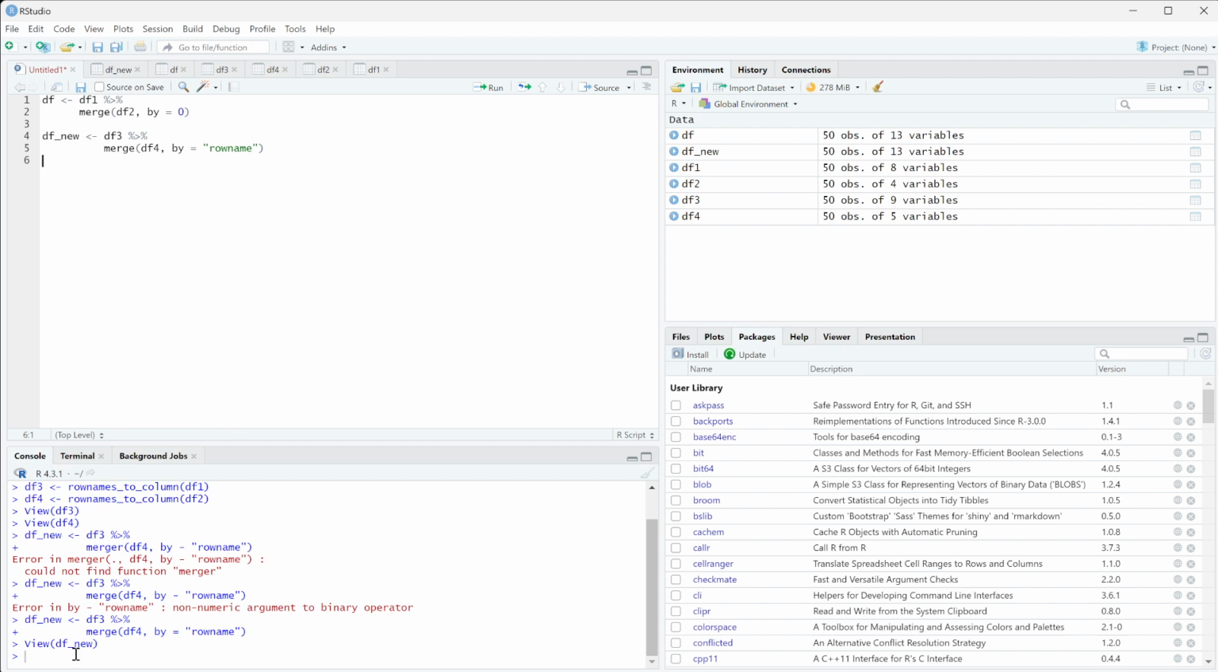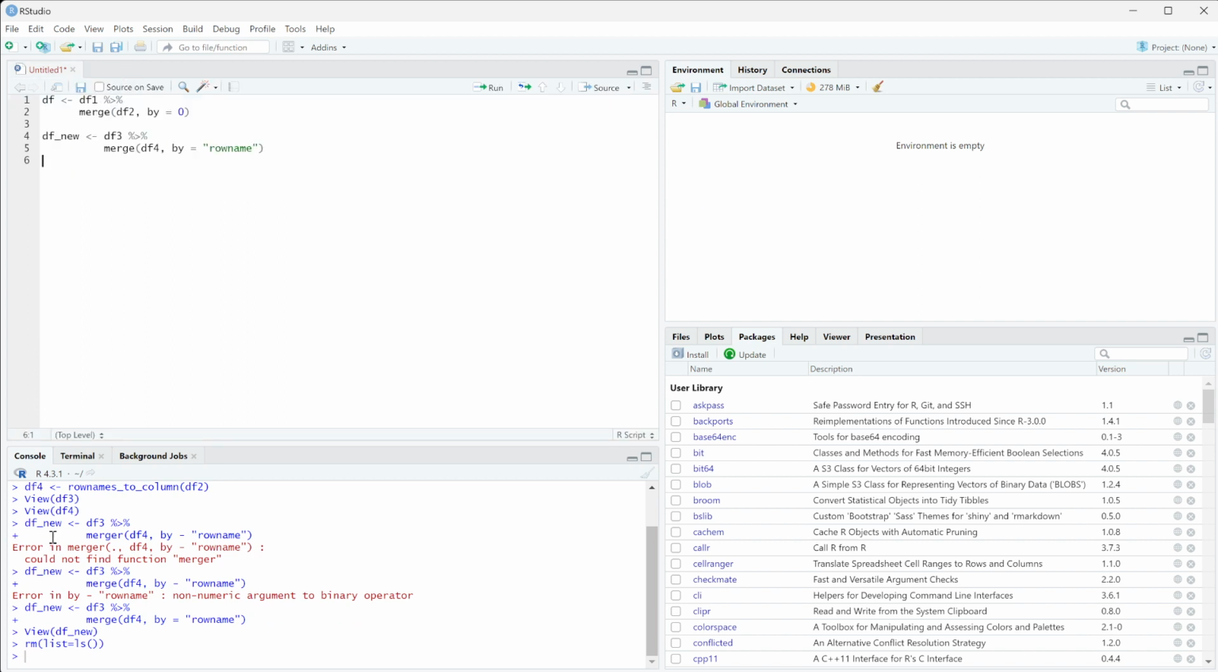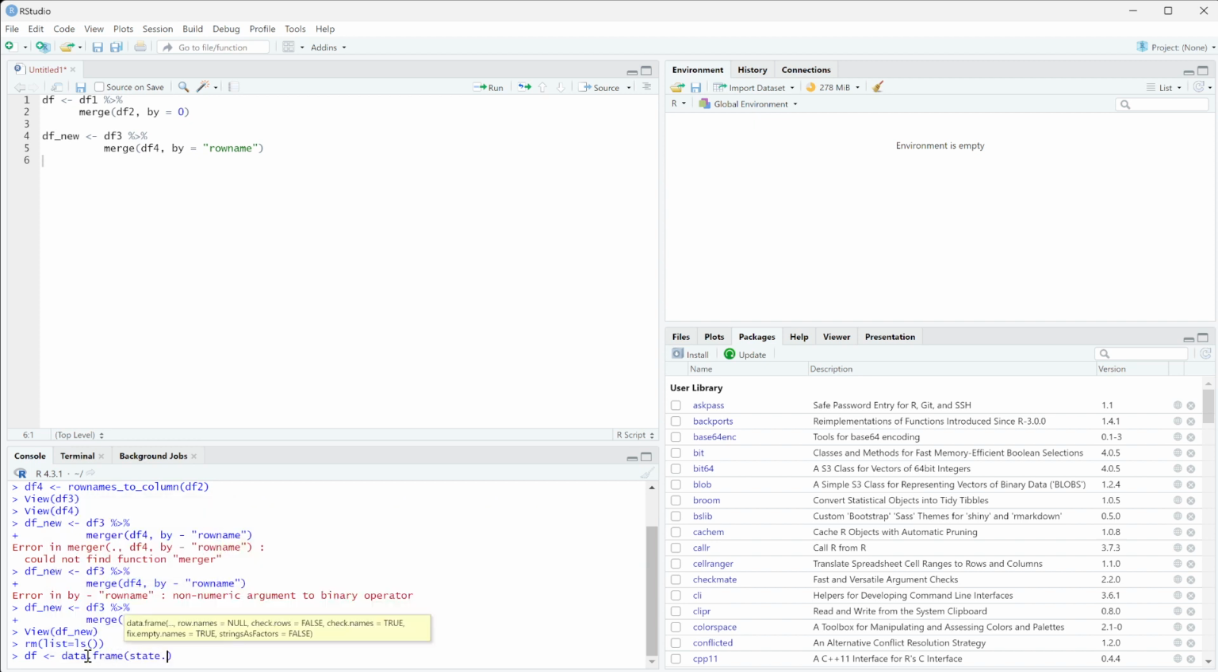So I'm going to go ahead and clear my variables. So this is going to allow me to clear the variables of my environment real quick so that I can call something new. So what I'm going to do here is I'm going to make a new df, and I'm going to set this equal to data.frame of state.x77. And then I'm going to use the pipe operator, and I'm going to go ahead and filter to where the,